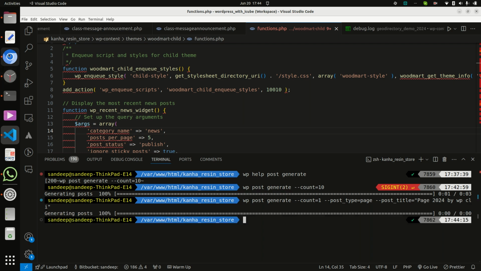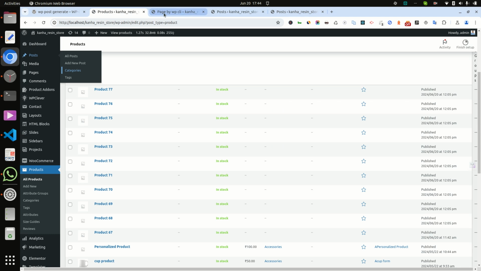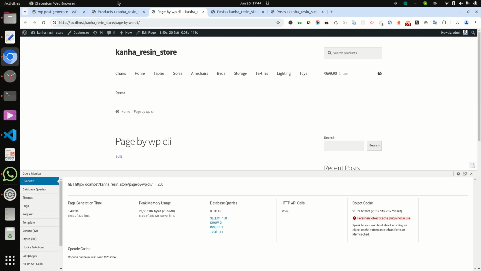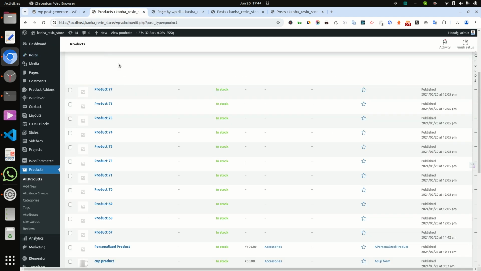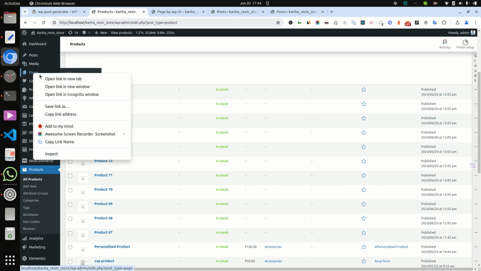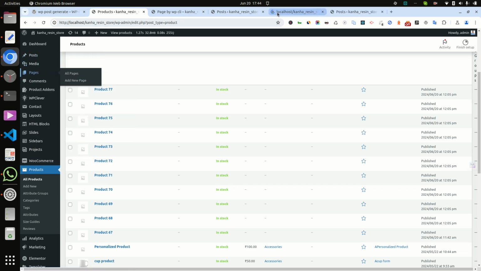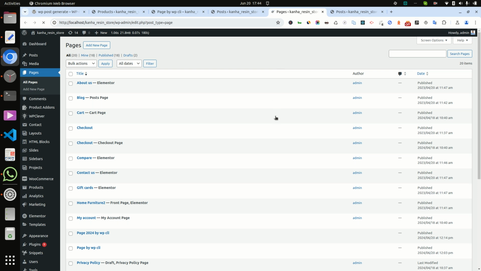Now it is generated. Now let's check: page 2024 by WPCLI. Now it's generated.